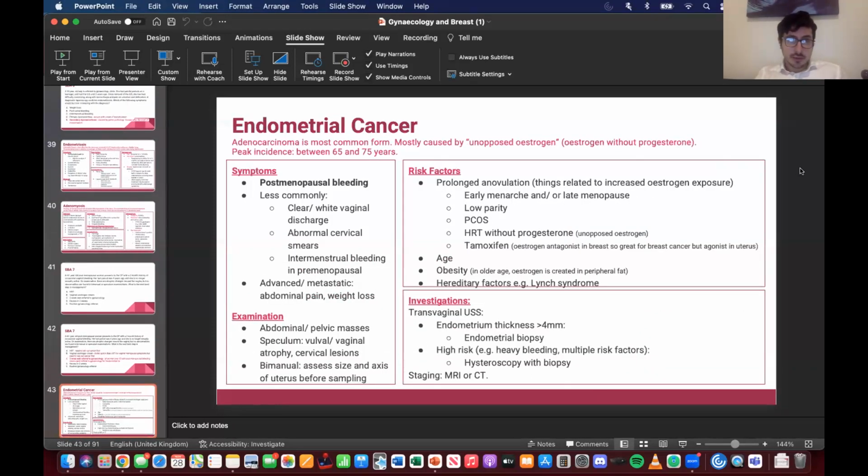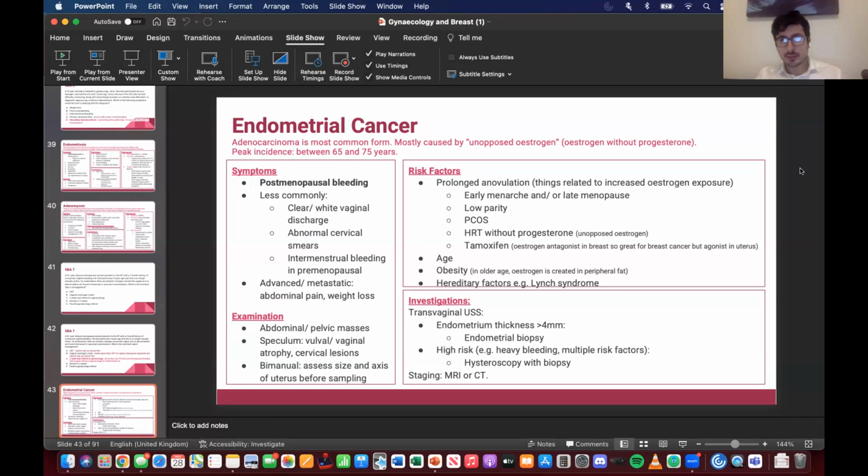It is an adenocarcinoma, generally, and it's caused by what Shivani discussed as unopposed estrogen. So that's estrogen exposure without accompanying progesterone. And it tends to happen in postmenopausal women about 65 to 70. Symptoms, the one we worry about the most is postmenopausal bleeding. But you can get some discharge or abdominal pain less commonly. In the examination, if there is a large mass, you could feel something either in the abdominal examination or the bimanual. But commonly this isn't the case.